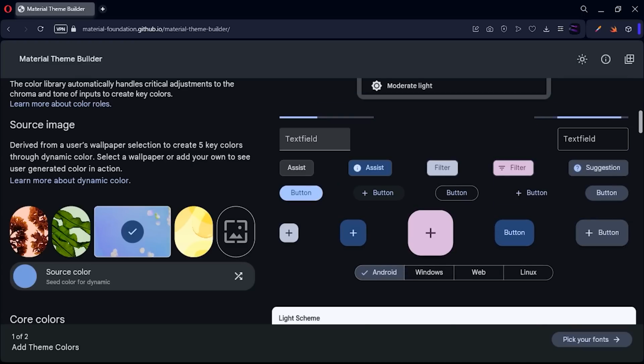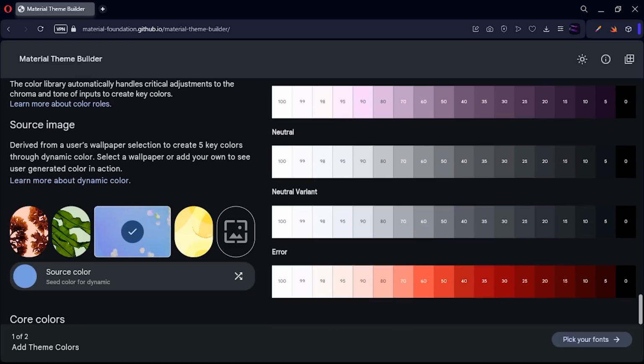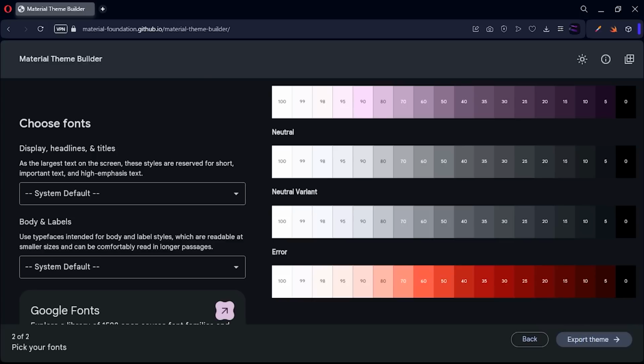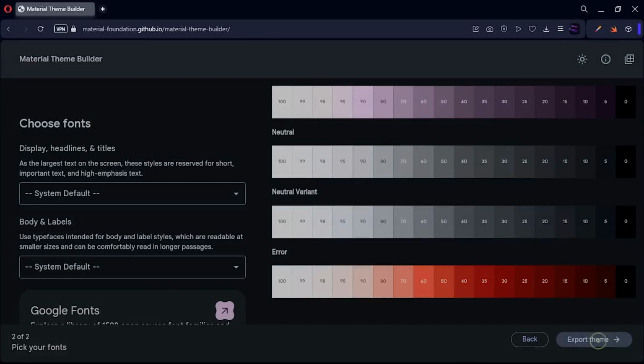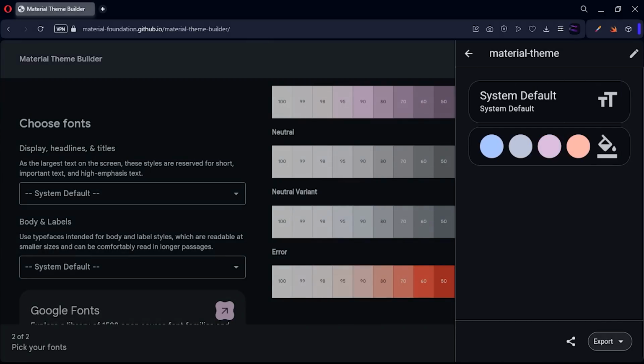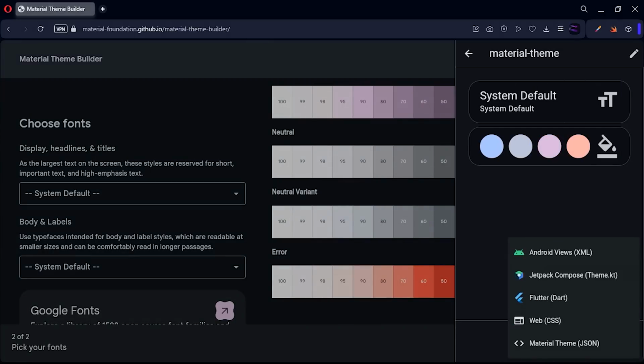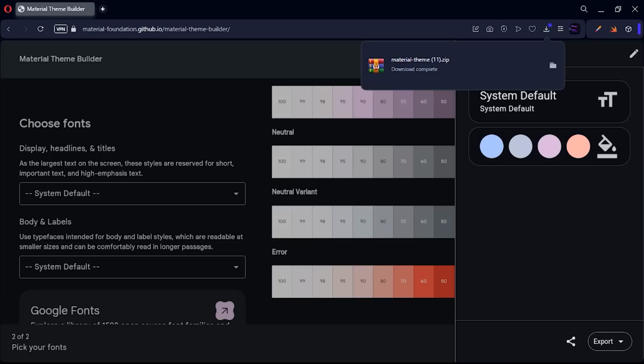This is how our different components will look. So go to this pick your font button and we are not going to use any other font but the system default. So let's export this theme and here we have this export button and export it to Jetpack Compose theme.kt file and you will have this zip file. So let me open it